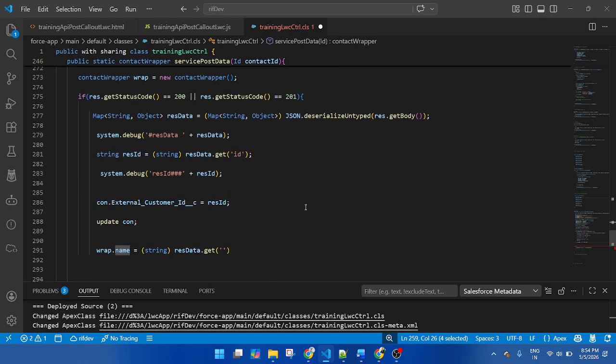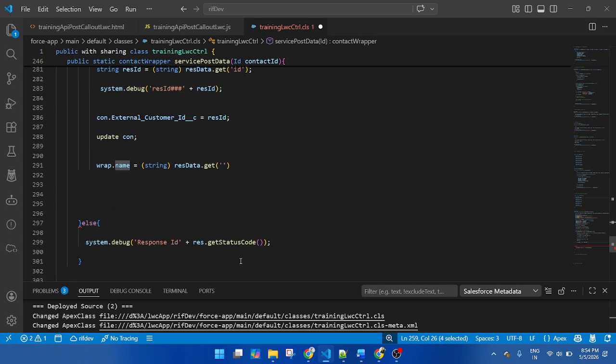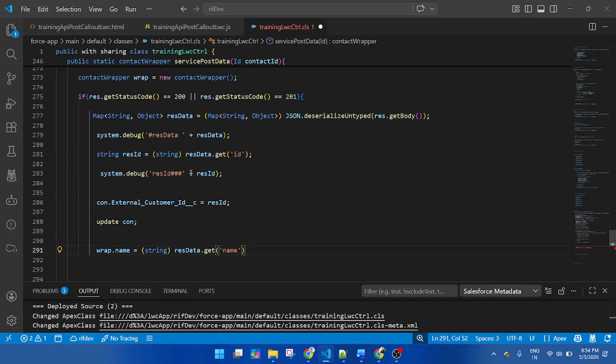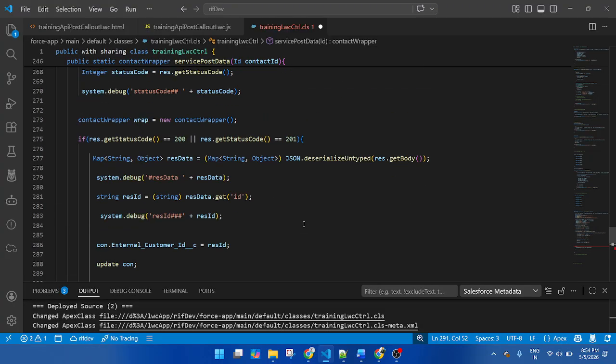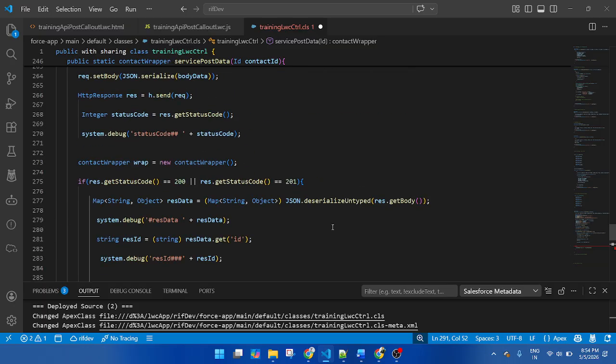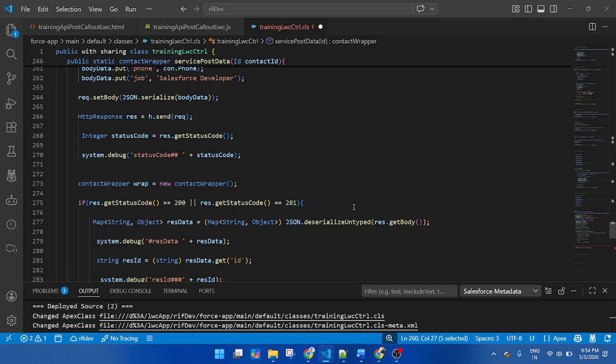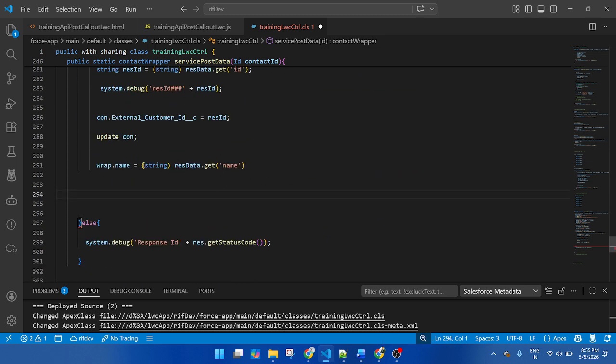So this is a name. Name returns first name and last name both, because here I am passing first name and last name, then email. So similarly here I am assigning the value inside the wrapper.